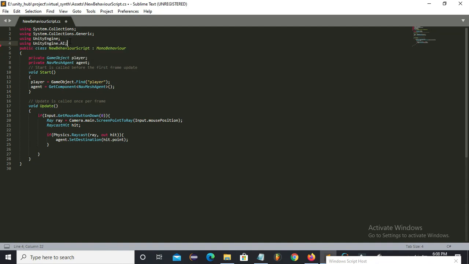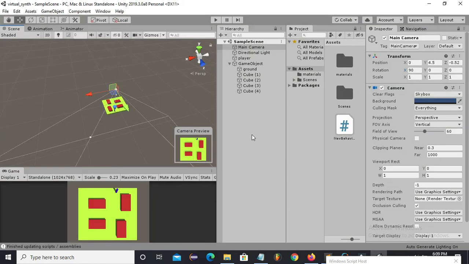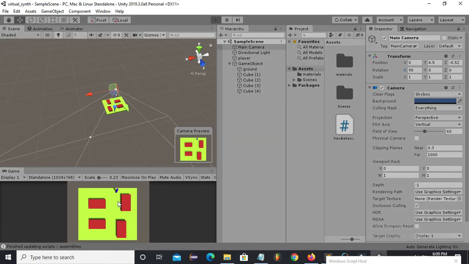If you are using the NavMesh class of Unity 3D, you have to import UnityEngine.AI. Now I've saved this C# script.